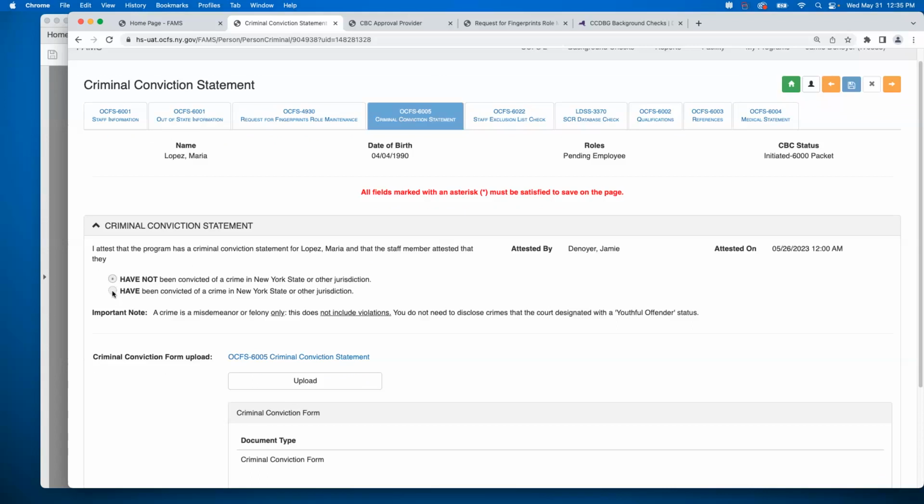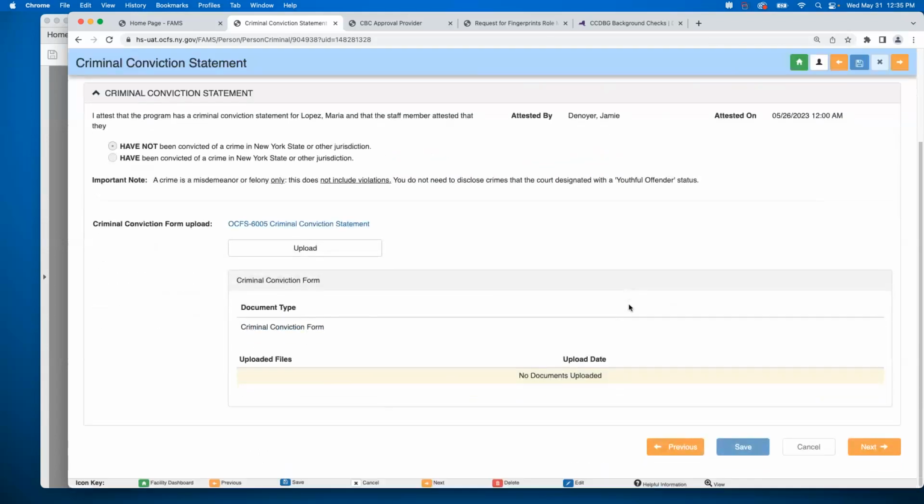A little window is going to pop up that says, "Are you sure?" Because once you select they have been convicted of a crime, this will initiate a check of that, and there's no way to stop that check. You can also upload anything if needed here with the upload button. Now, as you move along, I've been using these buttons down here: previous, save, cancel, and next.